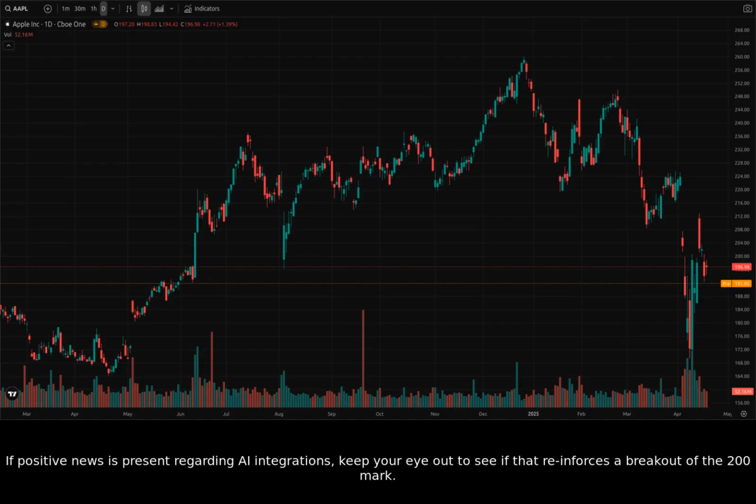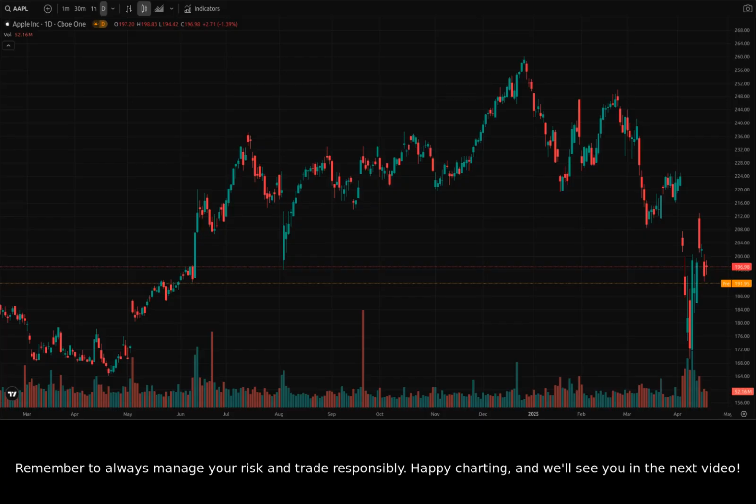If positive news is present regarding AI integrations, keep your eye out to see if that reinforces a breakout of the $200 mark. Remember to always manage your